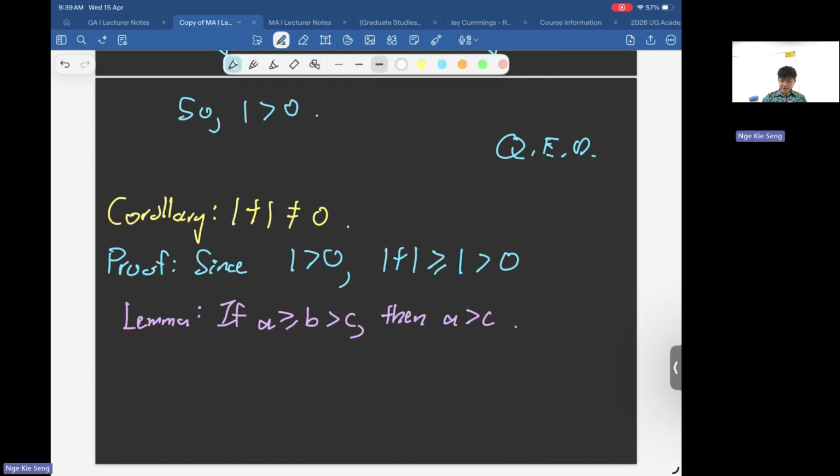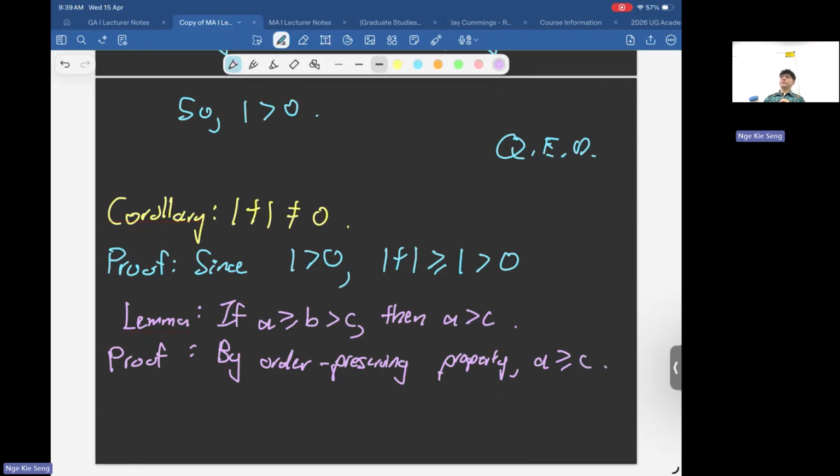What we know from our axiom is this. Okay, so proof of lemma. What we know from the axiom is by order preserving property, we know that A is greater or equal to C. Okay, so what we want to rule out is A equal to C. So what should we do? If we want to rule out A equal to C, assume equal again. Okay, so suppose by contradiction. So suppose on the contrary that A equals C,